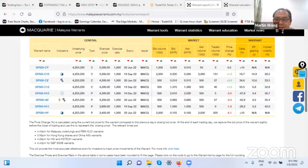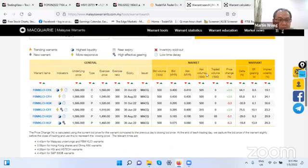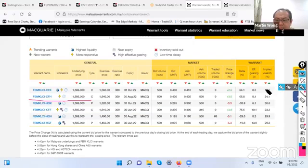Another one, you can also go to the Malaysia one. You go to FBM KLCI, call and put, and submit. Now this is some of the available ones. You can go into here. Sorry, it did not sort out. This has 1K here. However, you can see this is a call warrant, and this is a call warrant, and this one is a